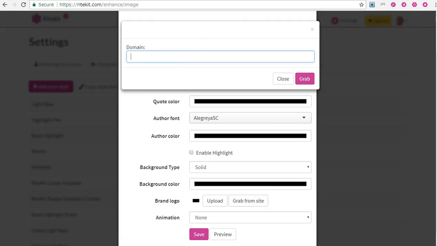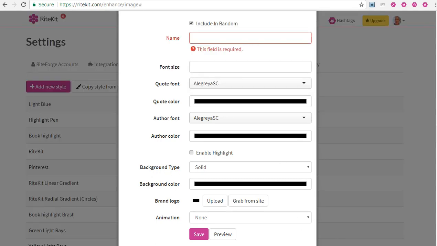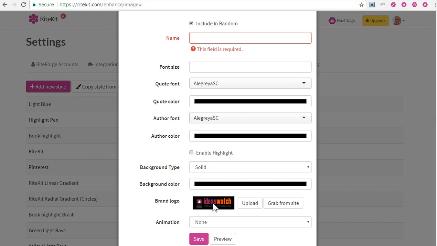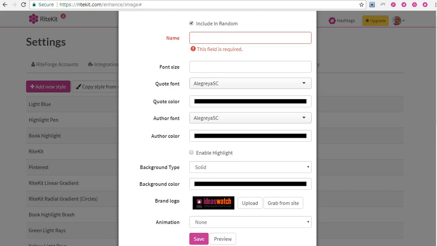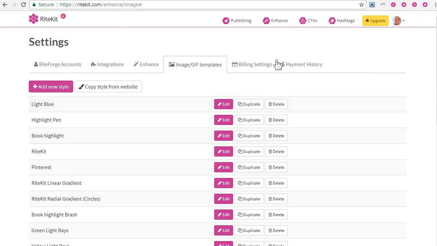Here I'll do ideaswatch.com and there you go. And it shows what it's going to look like with the on the background color until I change that. So that's where you set those up, and the way that I have different